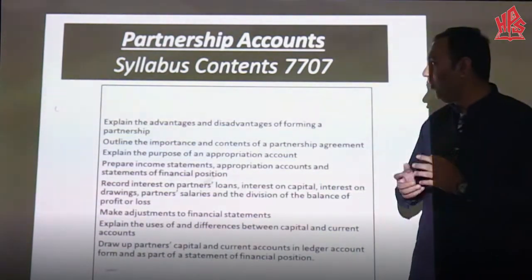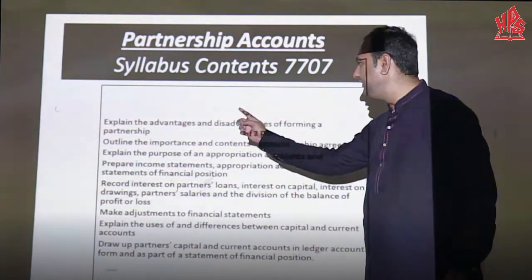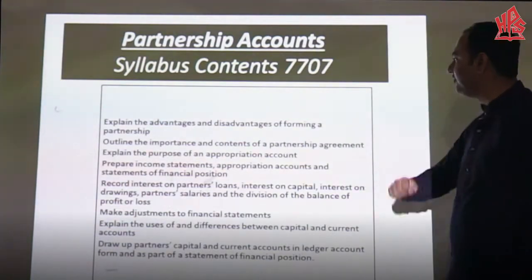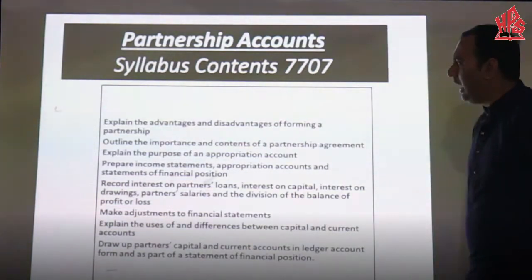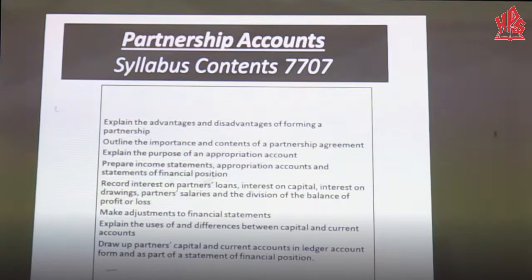The examiner wants you to explain the advantages and disadvantages of forming a partnership, outline the importance and contents of a partnership agreement, explain the purpose of an appropriation account, prepare income statements, appropriation accounts and statements of financial position, and record interest on partners' loans, interest on capital, interest on drawings, partner salaries and the division of the balance of profit